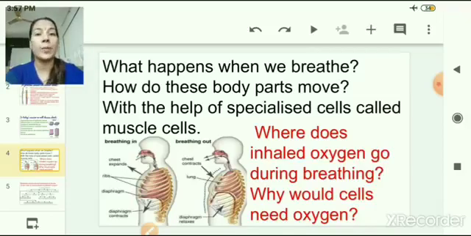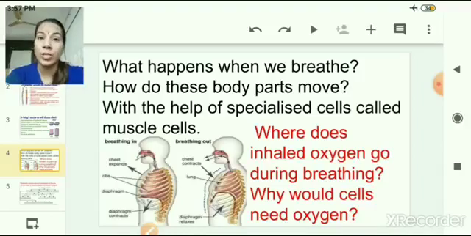We all know from our previous classes that when we inhale air, the oxygen-rich air goes into our lungs, and from there the oxygen is diffused into blood, and from blood it reaches each and every part of our body, where all these cells get this purified or oxygen-rich blood. And then what happens with this oxygen in the cell? If you remember, children, in our previous chapter, chapter number 5, cells, we studied the functions of mitochondria. You can very easily relate the functions of mitochondria with this breathing process.